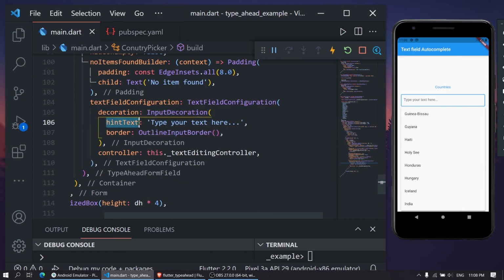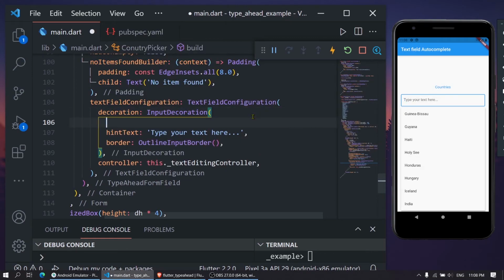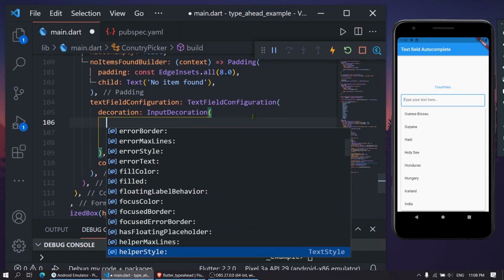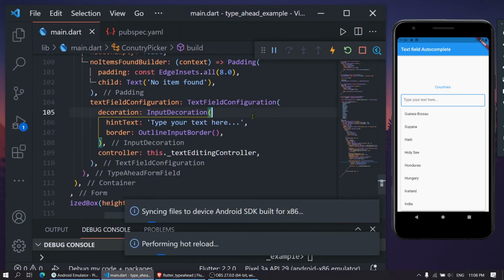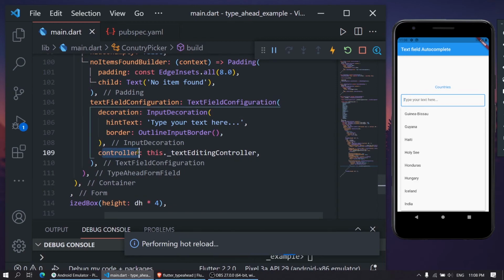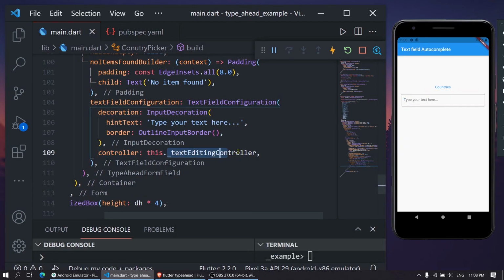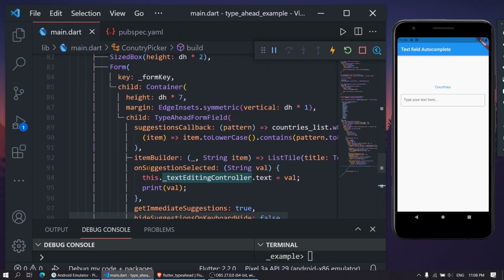I have set a hint text, and if we want a border, you can set an outline border, as well as a bunch of all the things which we usually do in our text field or text form field. Thereafter we can also set a controller here, which I have set to a text editing controller. That's pretty much about text field autocompletion, which is achieved by TypeAheadFormField.